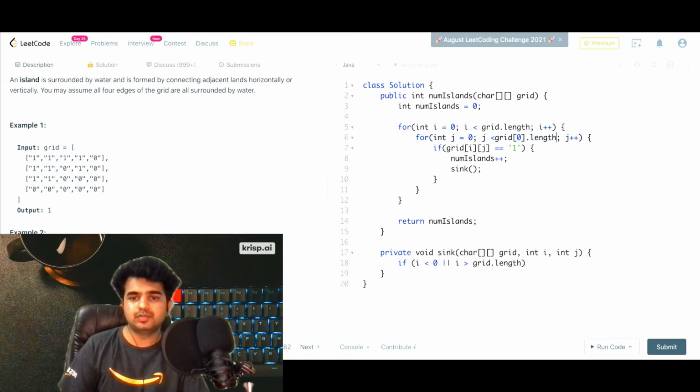Let's get back to our bounding condition for j. For j also it should be less than 0. So let's make it j less than 0. And for j we need to make it greater than grid 0 dot length. I think that's good enough. So this is our condition where we will break from this